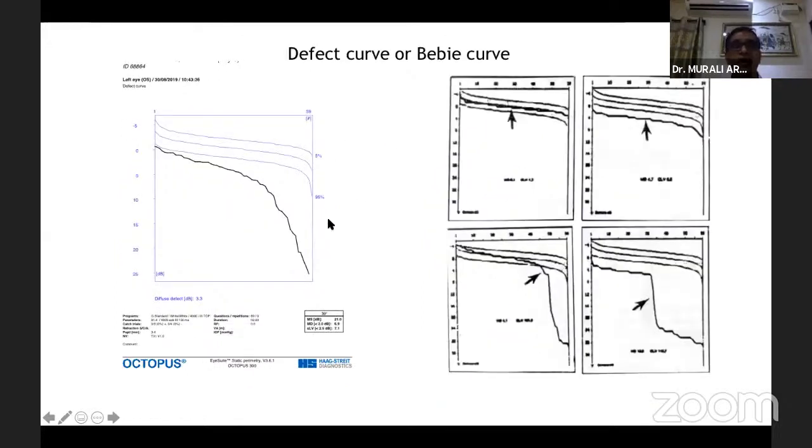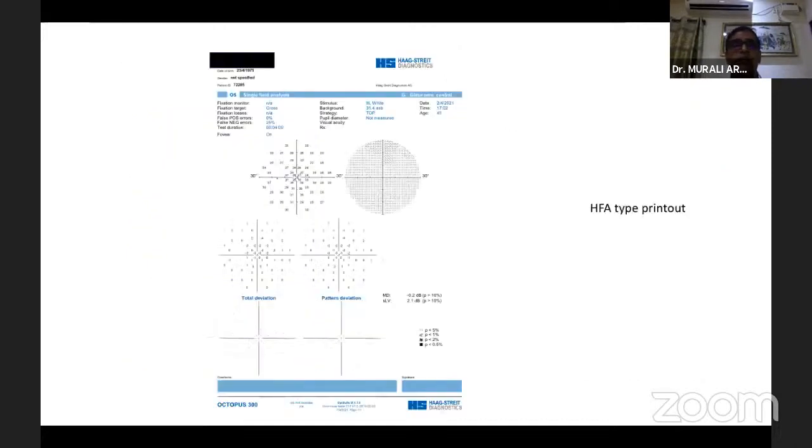The defect curve is a little interesting in that the 59 test points is G program. The least deviated is 0. The most deviated 59 point is ranked to the right. And if you look at the normal curve, it will lie within this range. This is a generalized scotoma. This is a localized scotoma. And this is a generalized scotoma with a localized scotoma. So this gives you a pattern of what is actually happening overall in the visual field. This is not specific for glaucoma, but gives you a pattern of roughly what's going on in the visual field.